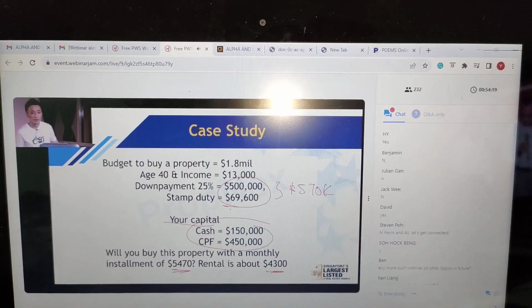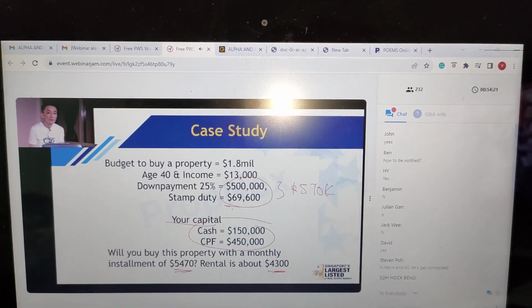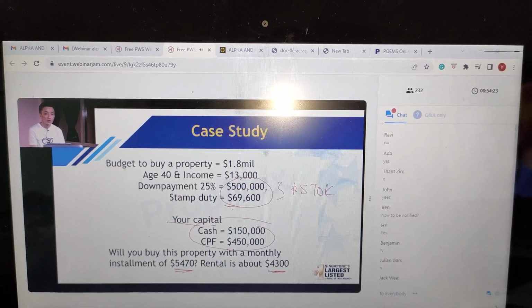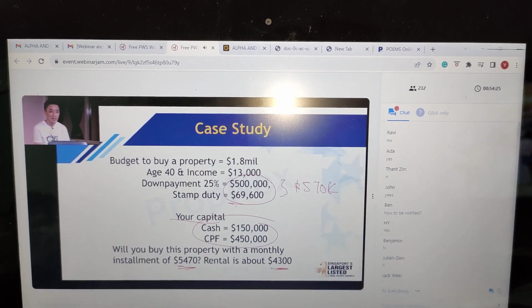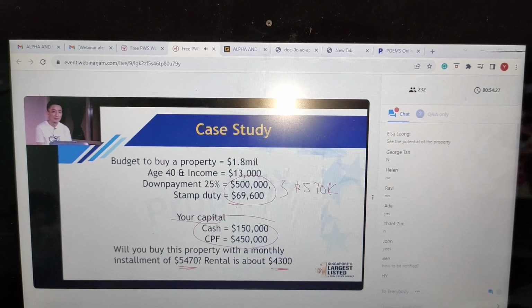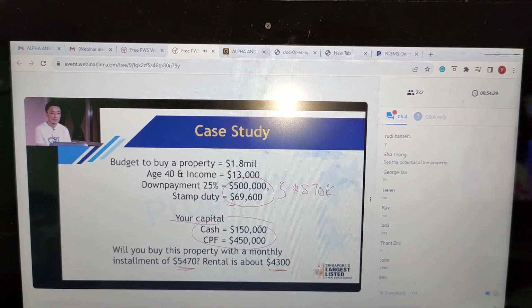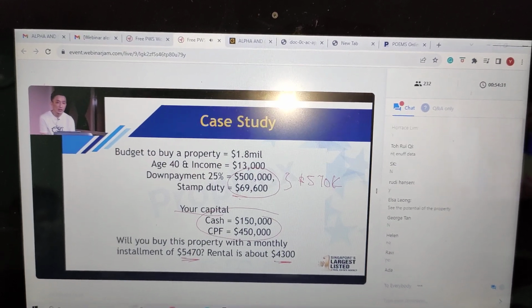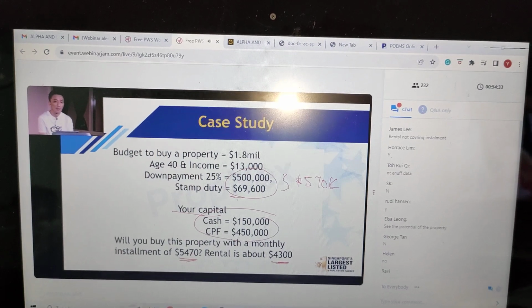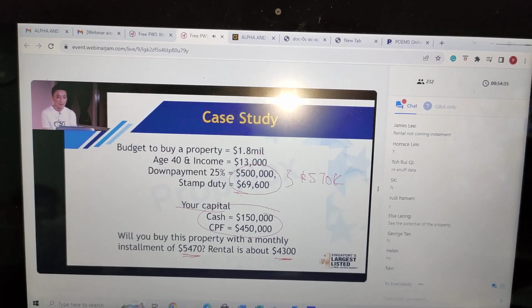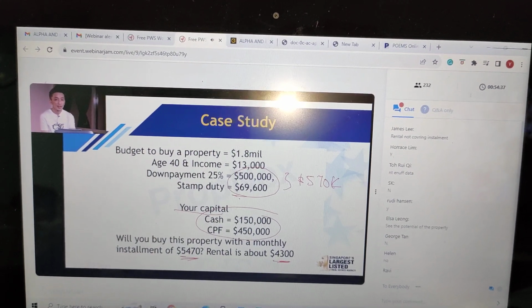Say N. Okay, good. No. No. Wow, why do all of you say no? So many of you say no. Nobody says want to buy. Why never see the potential of the property? Some say yes. You see, the